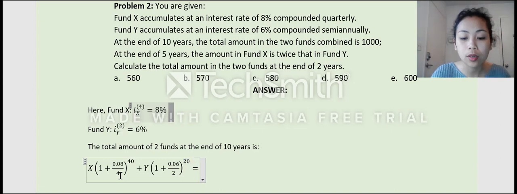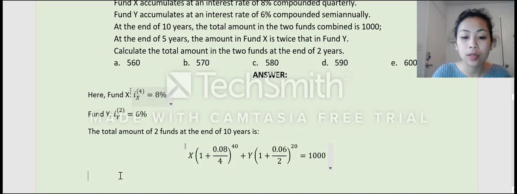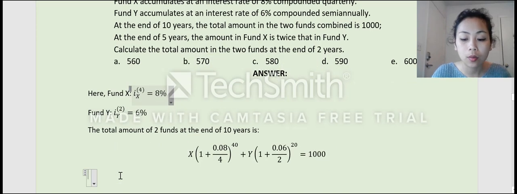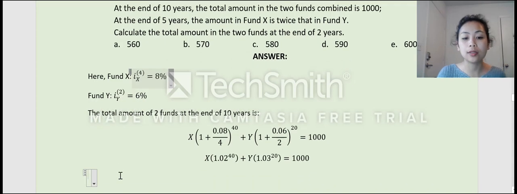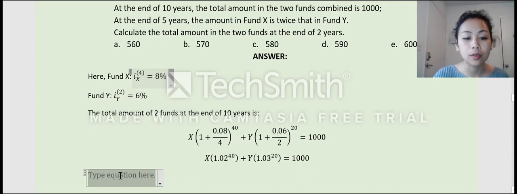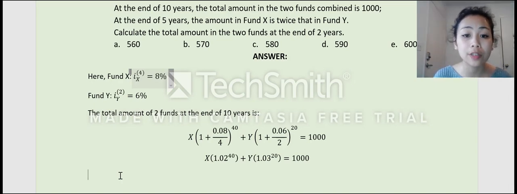And this is equal to 1,000. So this is the first equation. We can rewrite this as X times 1.02 to the power of 40 plus Y times 1.03 to the power of 20. This is equal to 1,000. So that is the first formula. And using the second formula, it said at the end of 5 years, the amount of fund